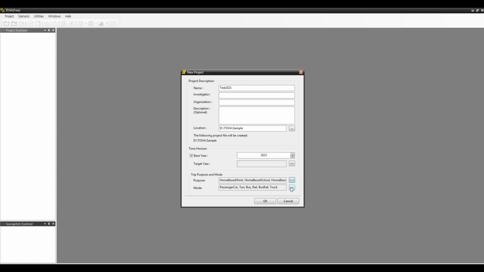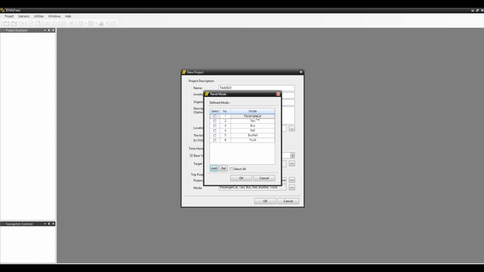Next is the trip mode setting. As you can see, there are 6 default modes. You can merge or further divide the modes as needed. For example, I will show you how to differentiate them into 7 categories to match the earth data: passenger car, taxi, bus,